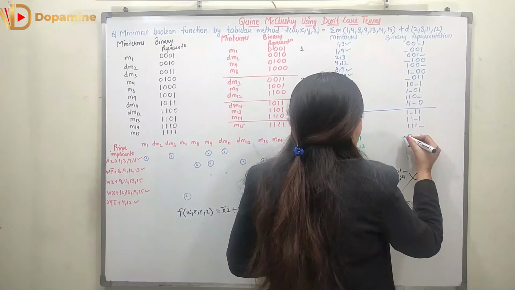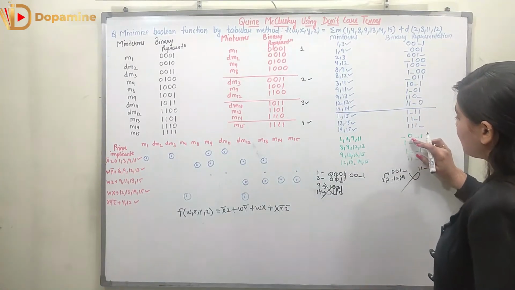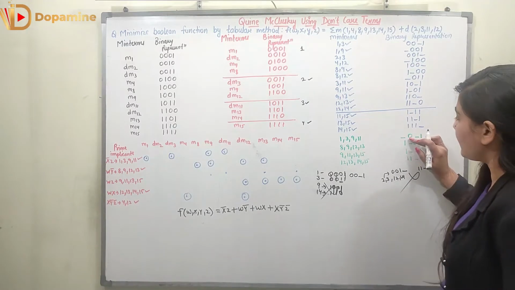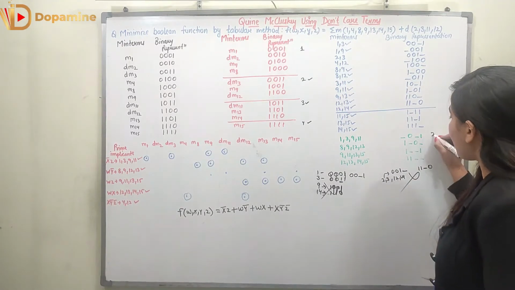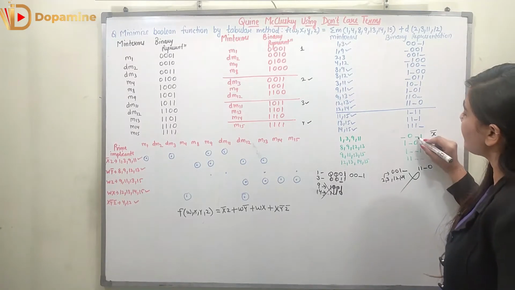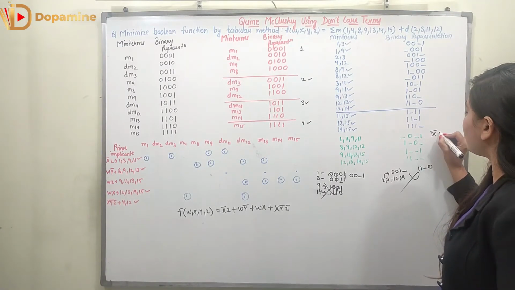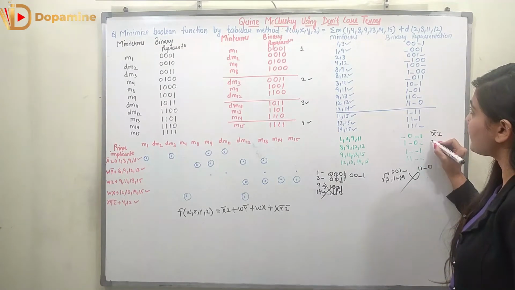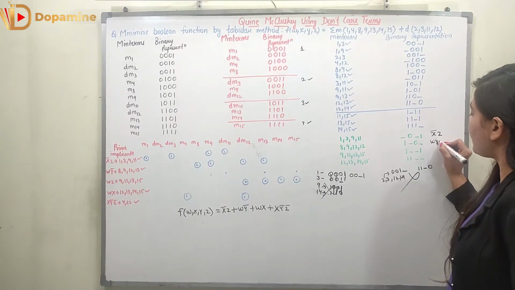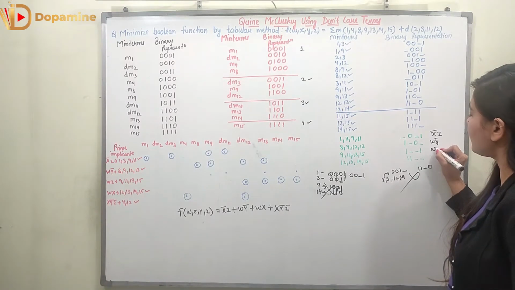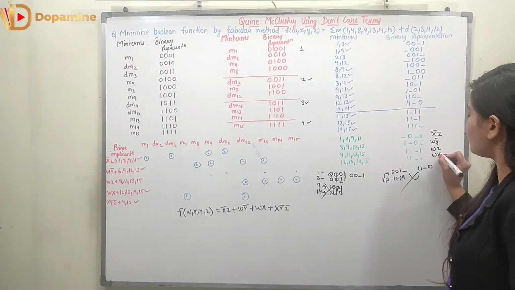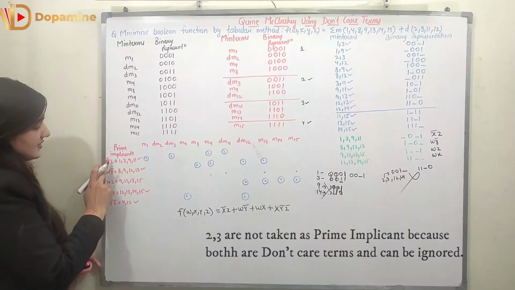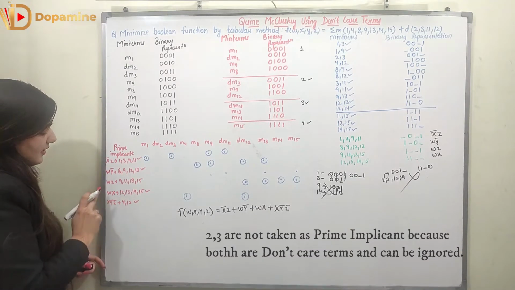So this dash is representing my w, which is not taken, right, which is varying. So next is x is 0, so it is x bar, right? Then we have dash, which is y, then 1 as z, which is represented as z only. Then here this is representing my w y bar, this is representing my w z, this is representing my w x. So we have the various prime implicants x dash z, w y dash, w z and w x.